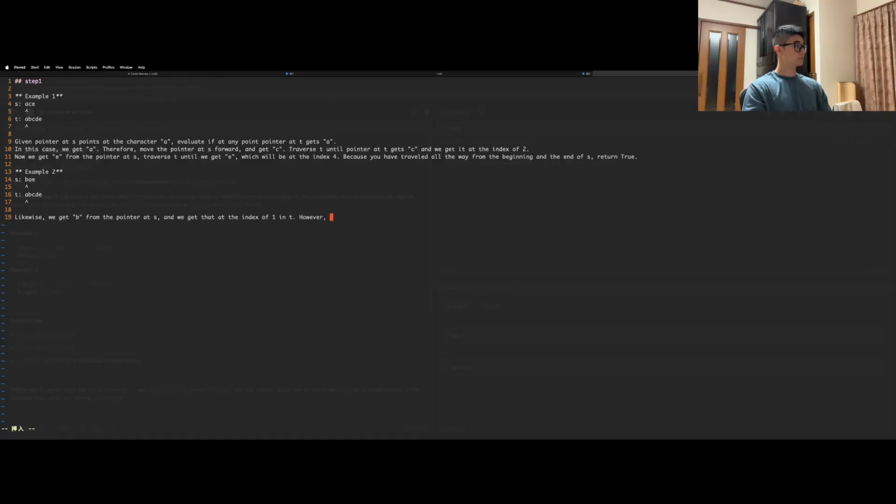However, the next character in S, which is A, cannot be found in T after this index, after the previous index of 1. Okay. Therefore,